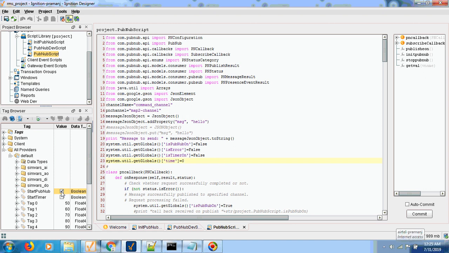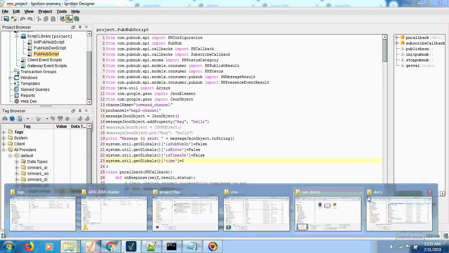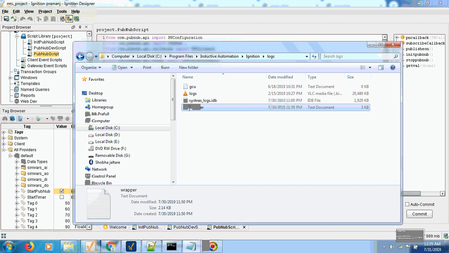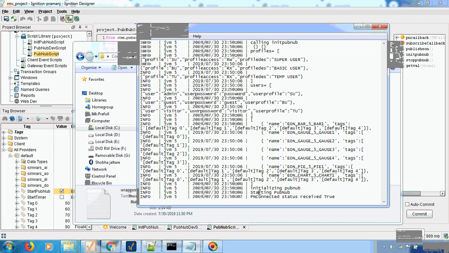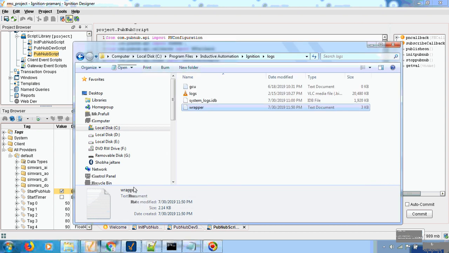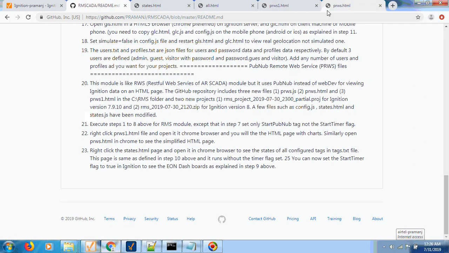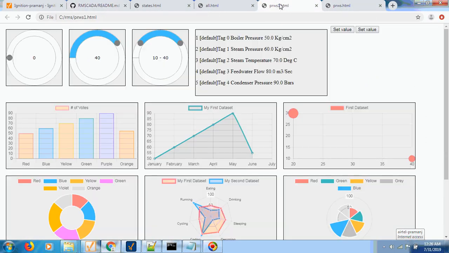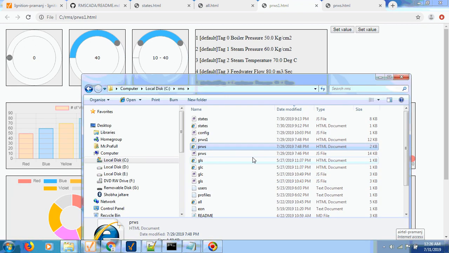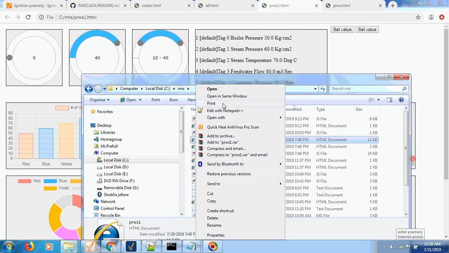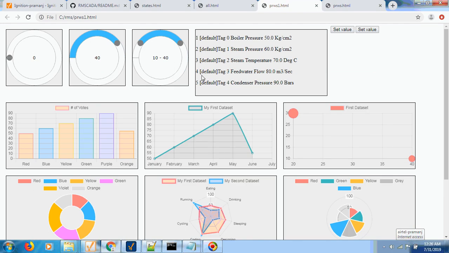So this is the flag defined. You have to start the PubNub service, and you can see the log file contains "PubNub started successfully," and now we are ready to visualize our dashboards. If you open this from this location, once you download it, right click and open in a Chrome browser, you get this page,